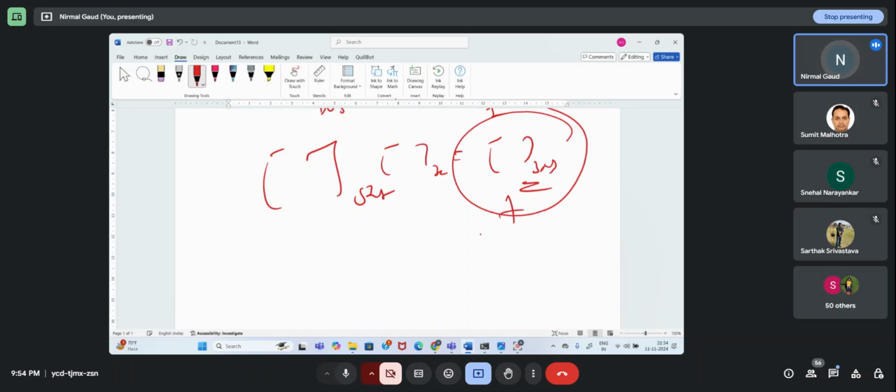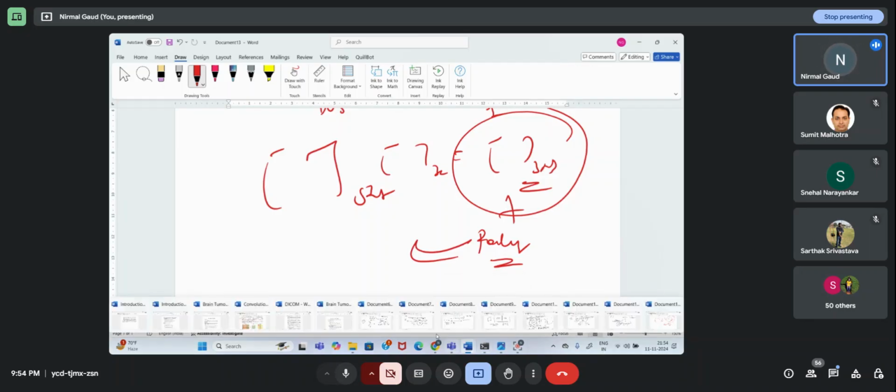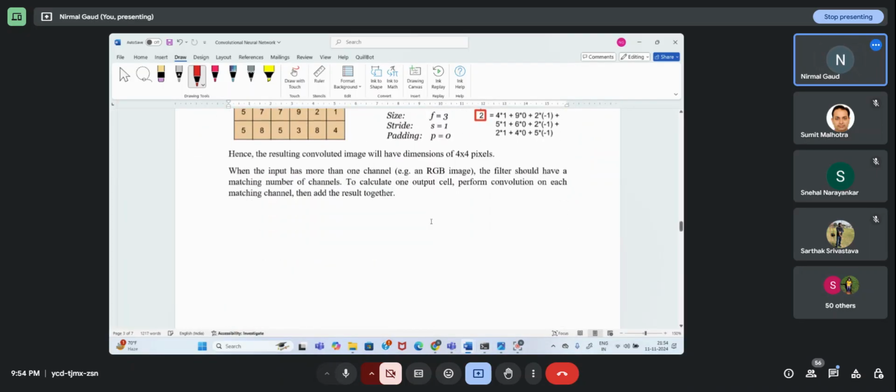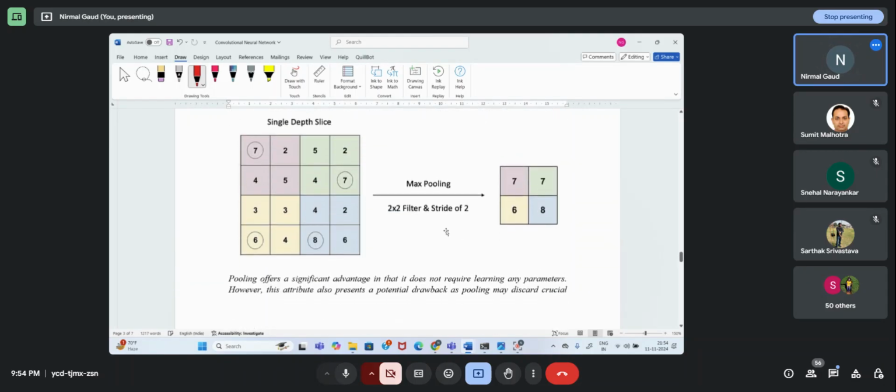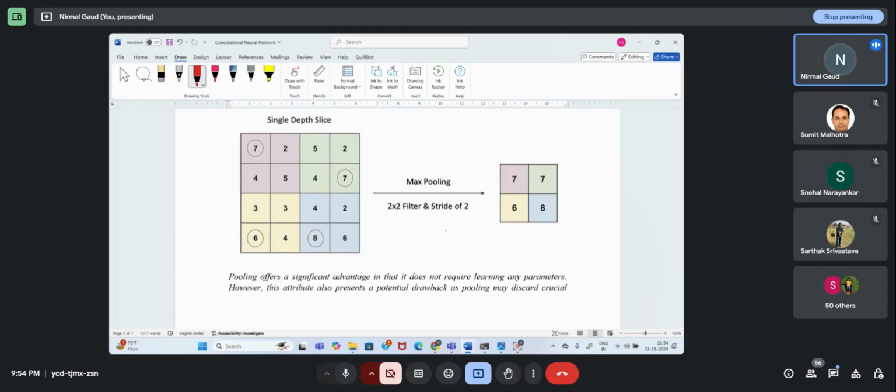Then you have to apply the pooling layer. The pooling layer is a dimensionality reduction technique. Let me show you. For example, this is your image which you got after convolution. You can have different types of pooling. In general, we have max pooling, min pooling, and average pooling.